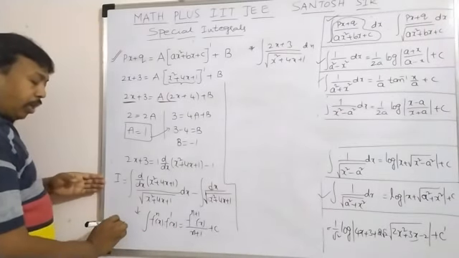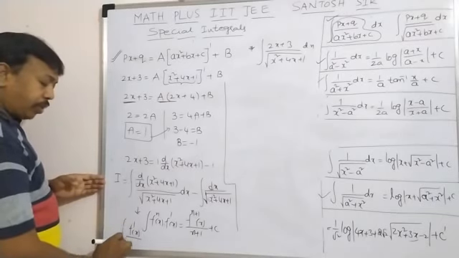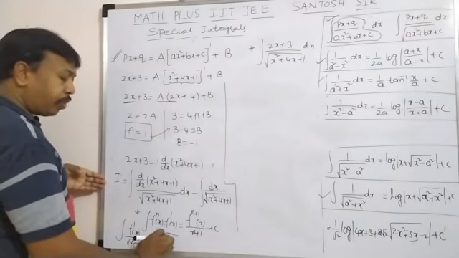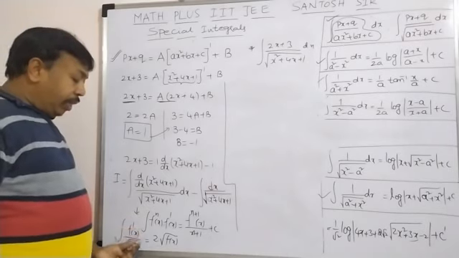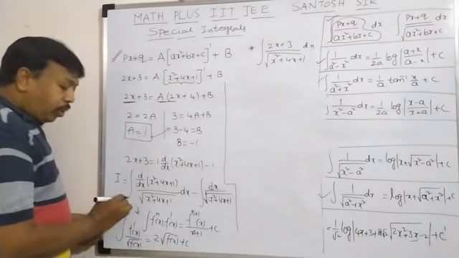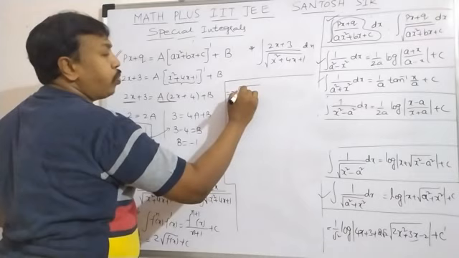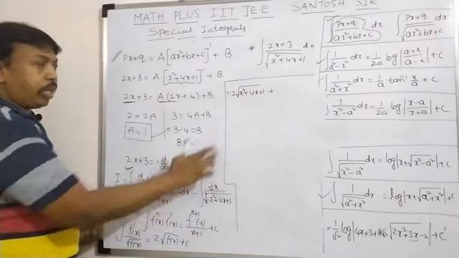According to this formula, the integration of f dash of x by root f of x will be 2 root f of x plus c. According to this, the first term becomes 2 root x square plus 4x plus 1, plus, for the second term, minus